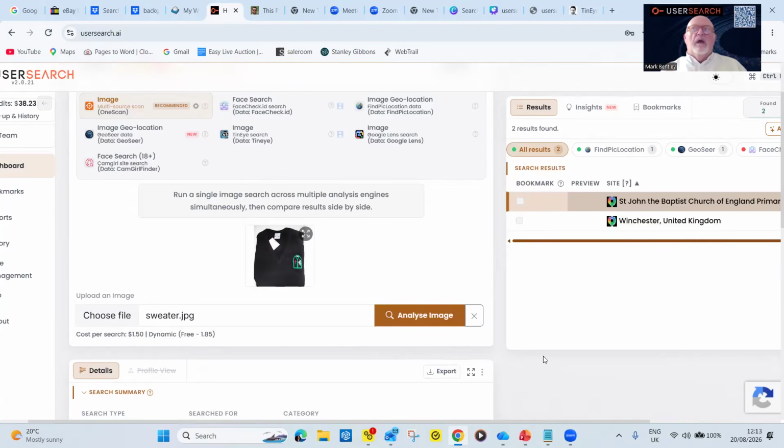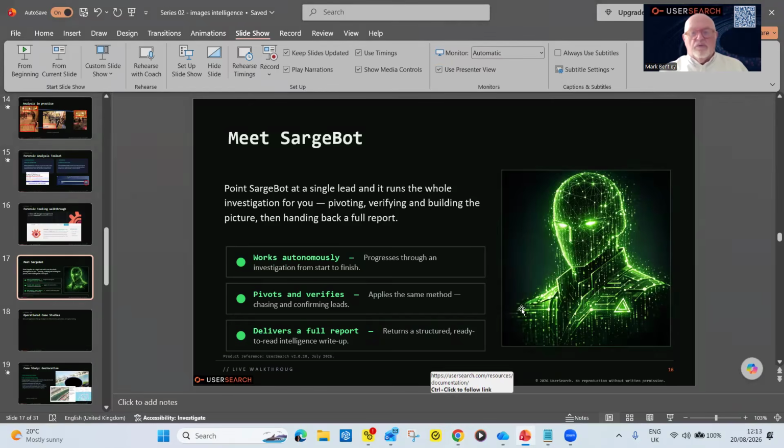Part of the reason why social media strip the data out is exactly for this, because you could use the pictures on there and find out the geolocation EXIF data of where a picture was taken of a child. And there's a vulnerability there. So quite rightly, they strip it out, which is a good thing. But there's ways around it, such as this. So let's just go back to the slides. Oh, sorry, I was going to do Sargebot.